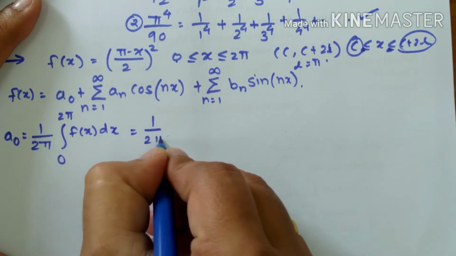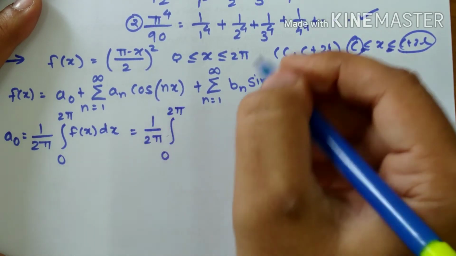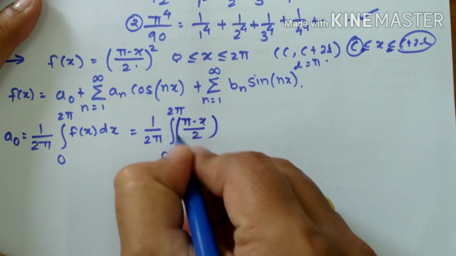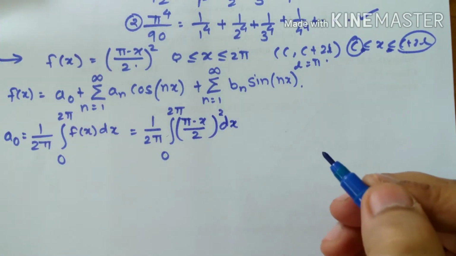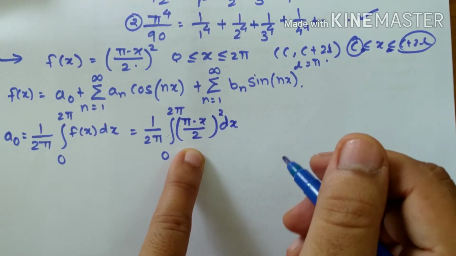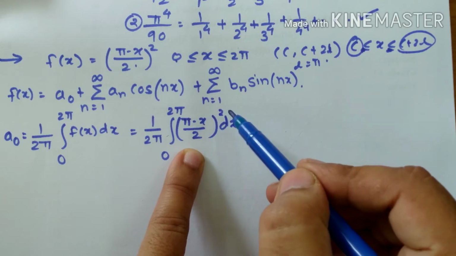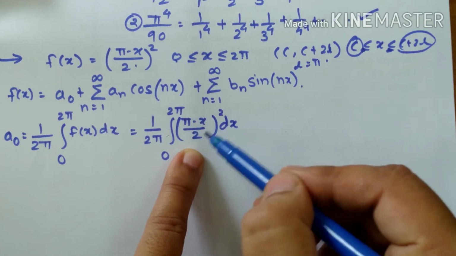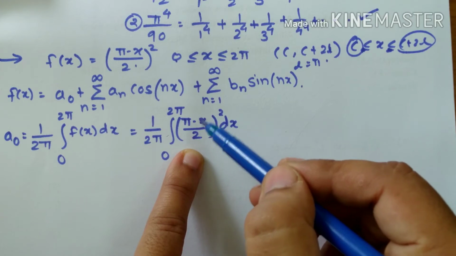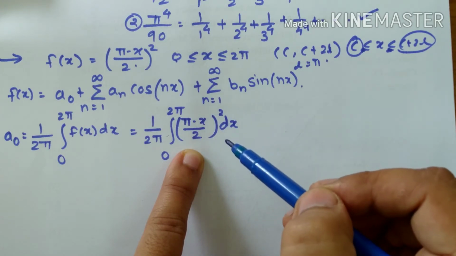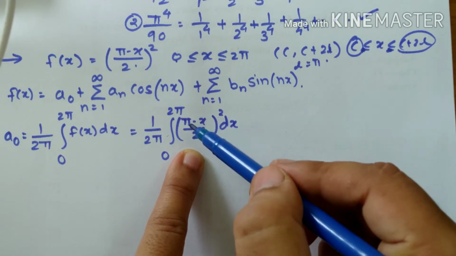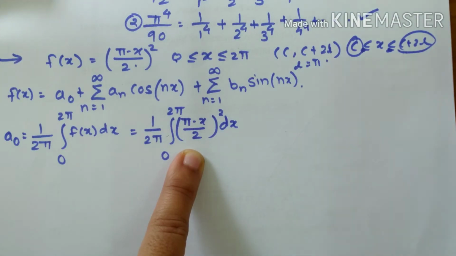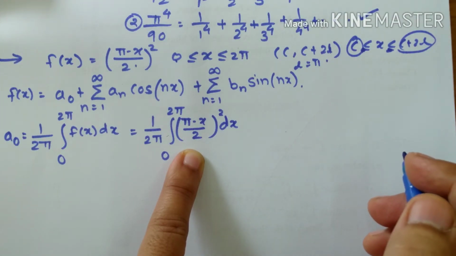Now what is f of x here? Throughout the interval, the value of f of x will remain same, that is (pi minus x upon 2) bracket square dx. Now the question comes, how to derive this integral? So one way is either you simplify this (a minus b) bracket square and then you go for an integration term by term, or you treat this entire term as a x. So integration of x square is x cube upon 3, is it? But the x is (pi minus x) upon 2. Are you sure with this? So this is how one can simplify the terms.